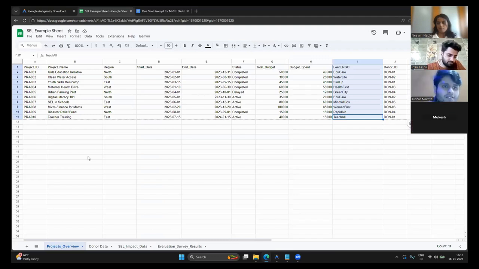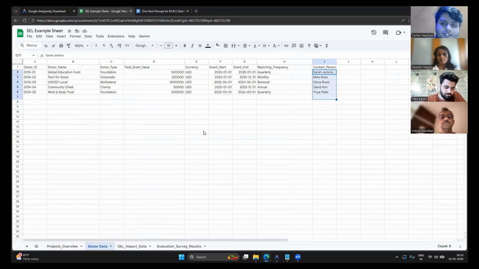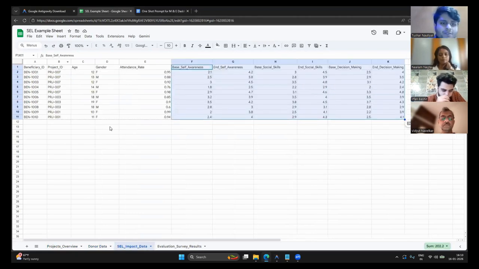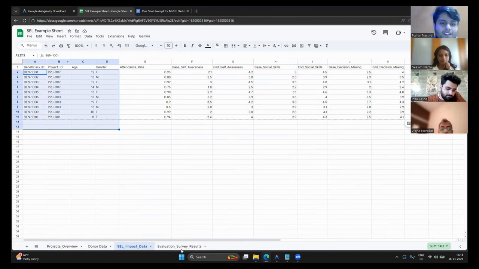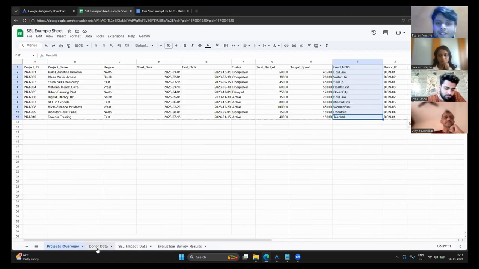All right. So as you can see, I have a very simple and basic example of a spreadsheet which a non-profit can have. This spreadsheet basically contains some example data of SCL projects that non-profits have done, like donor data, who has donated, right? It's a very small example, right? And impact data, evaluation survey results. But when it comes to showcasing these spreadsheets to your donors or the beneficiaries, and even just creating an impact report, these spreadsheets don't give you a great and broader look in terms of